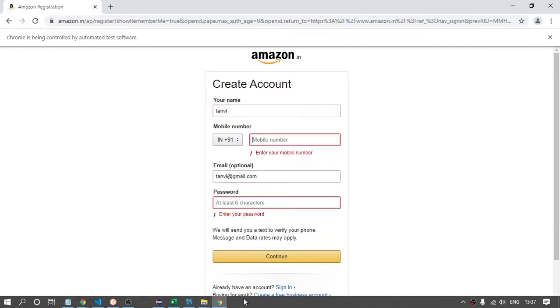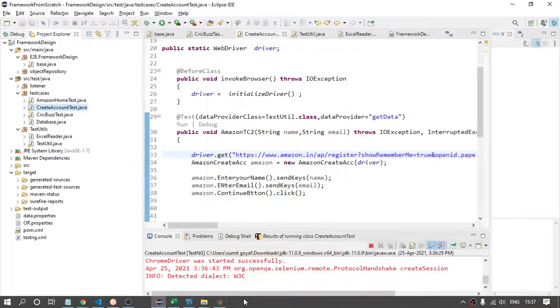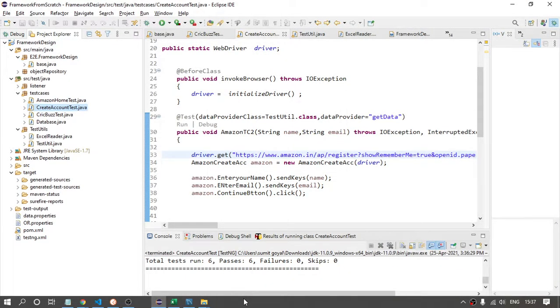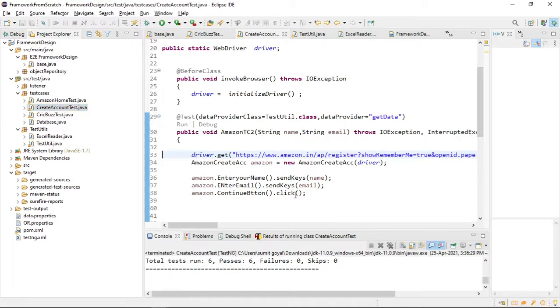Right? So this is how you can keep on entering data into the Excel sheet, but your test case will not fail. So this is how we can integrate our Excel with a data provider. Is it clear to everyone?